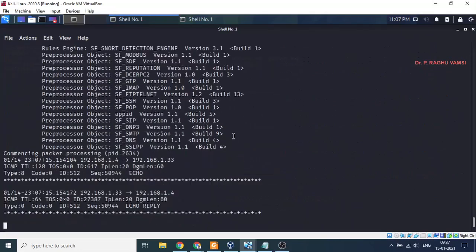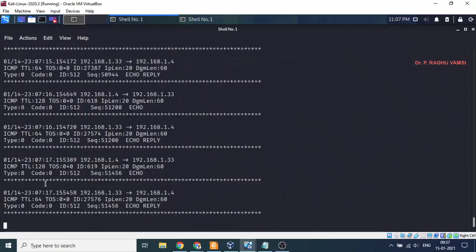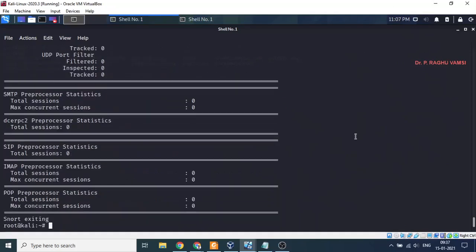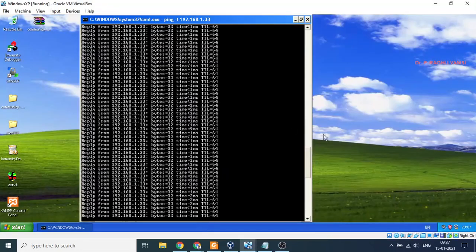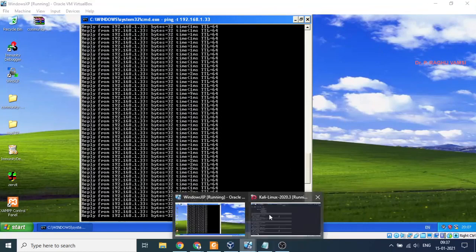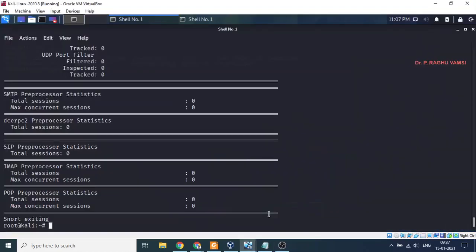So this is the way you are supposed to sniff the packets without getting any errors, and accurately you are going to detect them. So this is how we can avoid the preprocessor error. We cannot do this easily in Windows because the configuration script of Snort is written for the Linux operating system, so we need to change every setting in Windows so that it will be enabled.